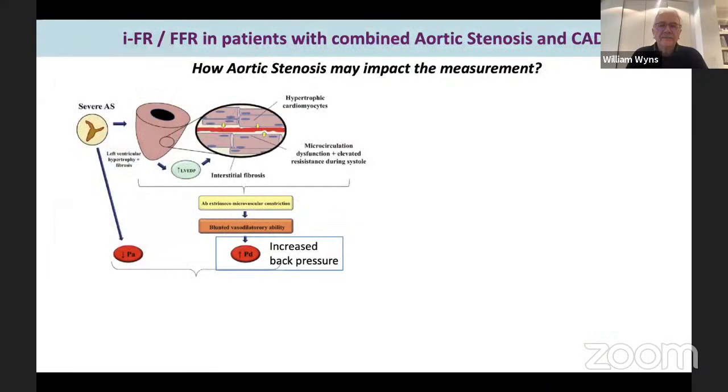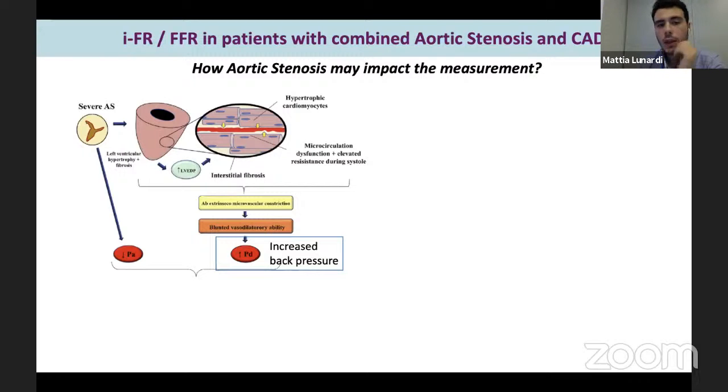Okay, that's clear. Now, one more topic, maybe the one that you've worked a lot on and that I still have many questions about. It is the assessment of CAD severity in patients who have coronary disease and aortic stenosis, obviously, in the context of TAVI. So tell us about the theory and what do we know as of today?